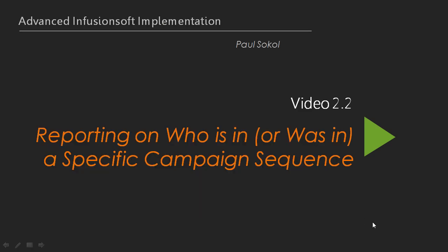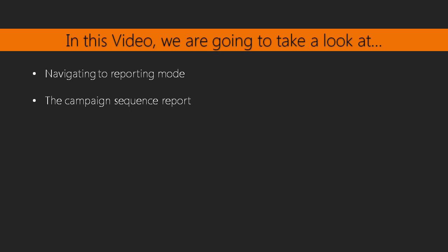In this video, we're going to be reporting on who is in or was in a specific campaign sequence. So specifically, we're going to look at who's active in a particular sequence within a campaign, then we'll look at some of the options. Specifically, we're going to look at navigating to reporting mode, and then the campaign sequence